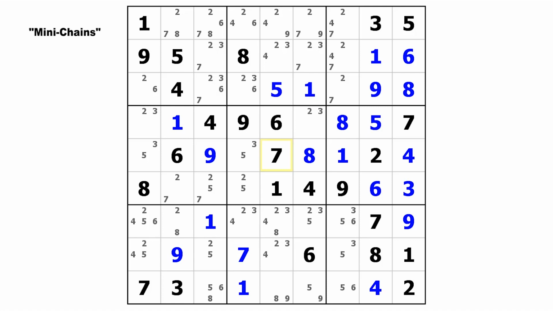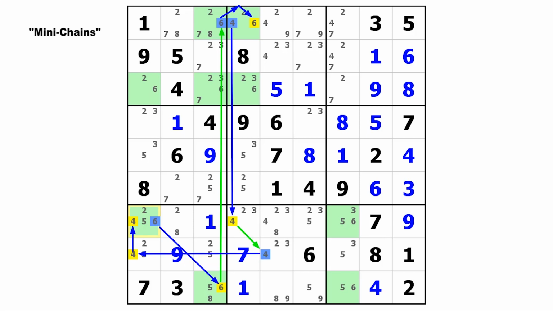So here are the 6s, and we've got strong, weak, strong, and there's a whole bunch of other links we could make, but remember that we had a mini chain on these 4s, and look, they line up right with these 6s. Remember, we had strong, weak, strong, strong. So now let's draw those 2 chains. So there's the chain on the 6s, and now here's the chain on the 4s, right? And so if we make a weak link between this 6 and this 4,